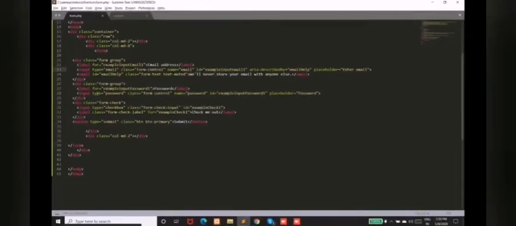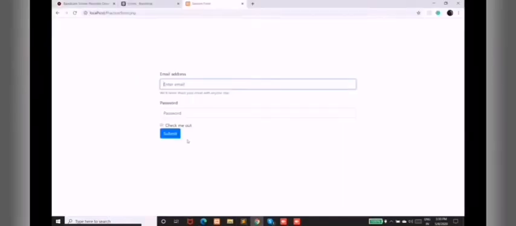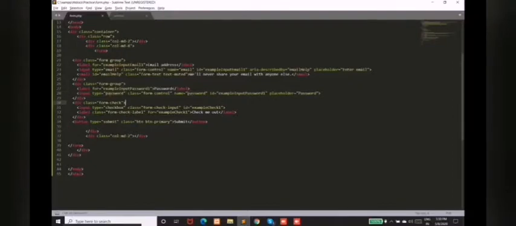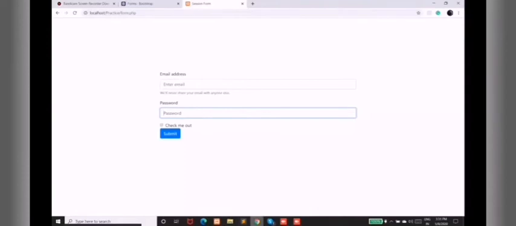Then the second one is password. The input type is password, so that each time you type anything, it is not seen by the user, the password stays in the background, for security reasons. But if you select text here and refresh it, I'm typing the password and the password is visible.